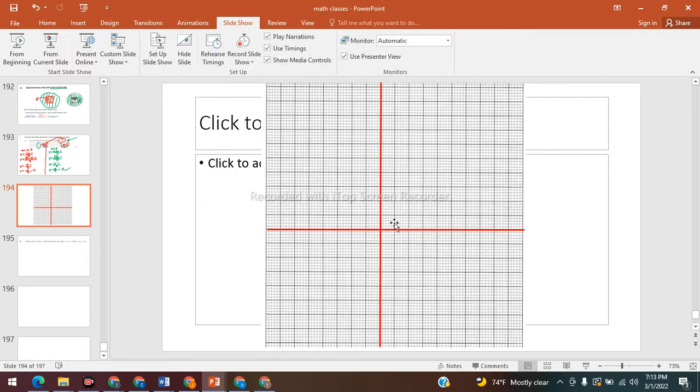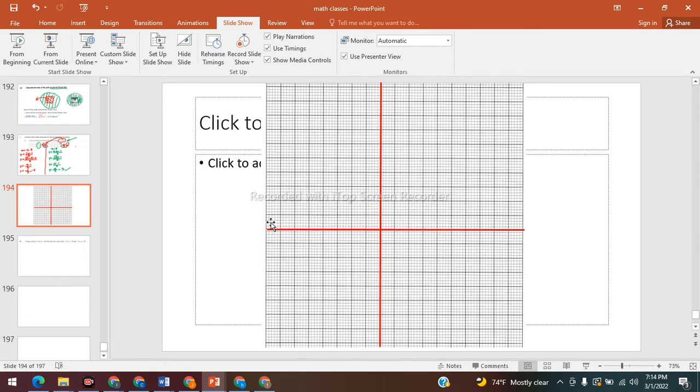Mr. T, yes, ma'am. I have graph paper, but the blocks are tiny. Oh, they're not like this. No, they'd have to be like this for it to work. That's why I do it in my book, because I don't know if that works. I see what you're saying. So this is where we want it to be: 10 spaces on the right, 10 spaces above, 8 spaces below, 8 spaces below.